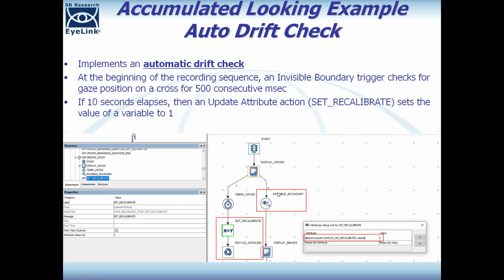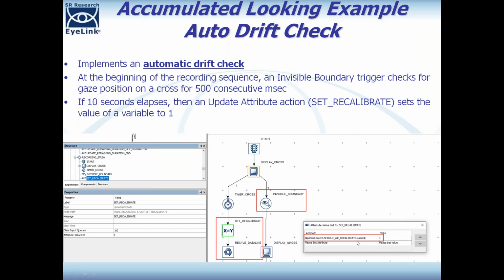And then one of two things can happen. Either they will look at that cross, which will trigger the onset of the images, or some time will go out. If they look at this invisible boundary, the trigger is set up so that it has a minimum duration of 500 milliseconds, and when that trigger fires, we'll start the trial here. But this timer trigger, which has a duration of 10 seconds, if this doesn't fire first, then this will fire after 10 seconds, and then we will basically